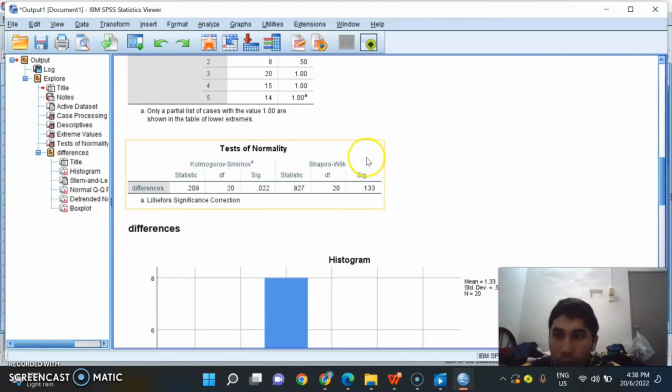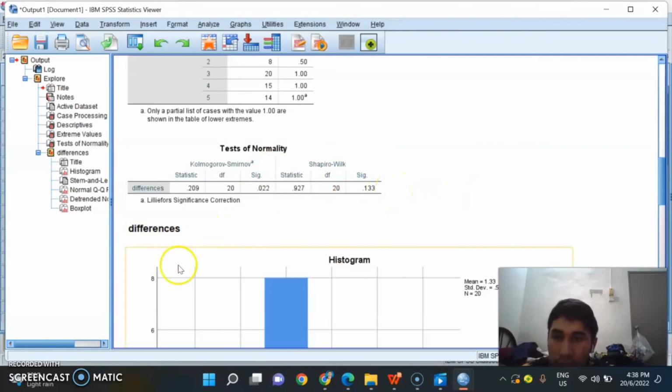As I mentioned before, we choose Shapiro-Wilk because the sample size is not more than 50. So as you can see, the P value is 0.133, which is greater than 0.05. So the data is normally distributed, and therefore the appropriate method for this test is